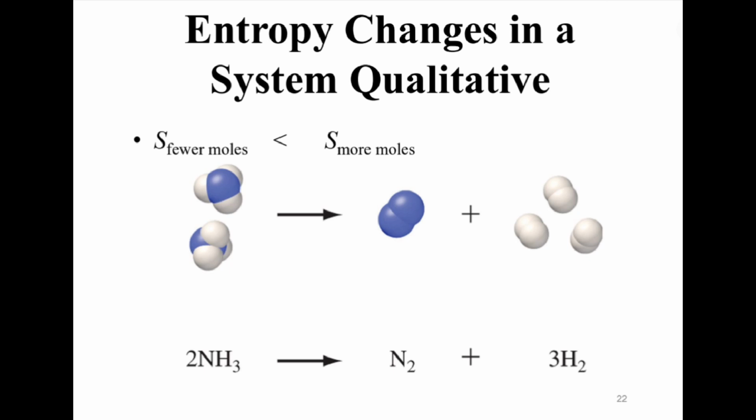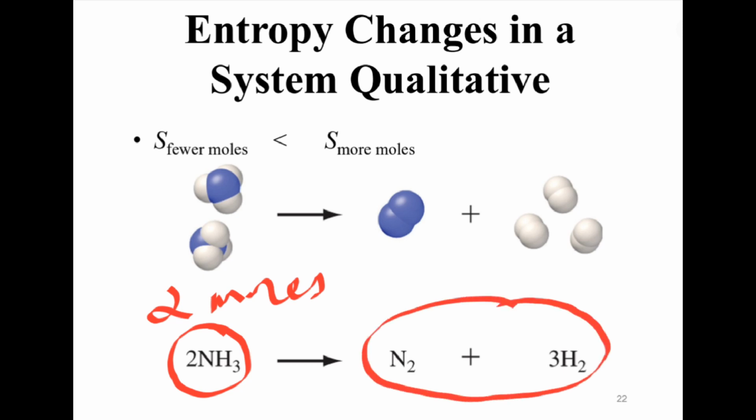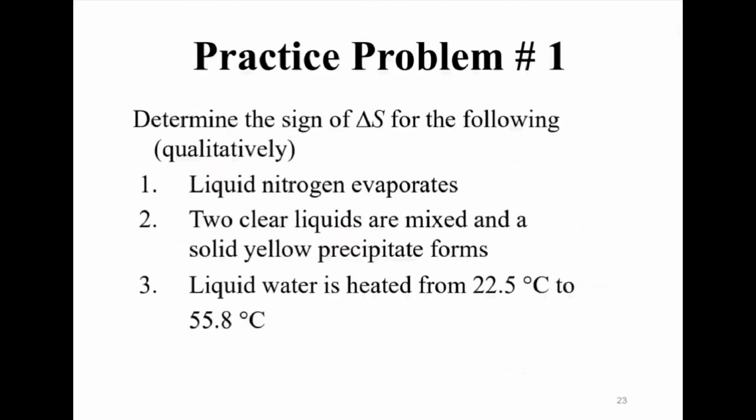So ለምሳሌ አሁን if we consider this example, on the reactant side we have 2 moles, and then on the product side we have a total of 4 moles ማለት ነው። ስለዚህ ፕሮዳክቱ 4 ሞል አለው በአጠቃላይ ማለት ነው። and 1 mole for nitrogen and 3 moles for hydrogen ማለት ነው። ስለዚህ ኢንትሮፒ ምን ሆነ እንላለን ማለት ነው? ጨመረ። disorderedness ጨመረ እንላለን ማለት ነው። So the side that has more moles has higher entropy than the one that has fewer number of moles ማለት ነው። ስለዚህ ብዙ number of moles ያለው የበለጠ ኢንትሮፒ አለው እንላለን ማለት ነው።